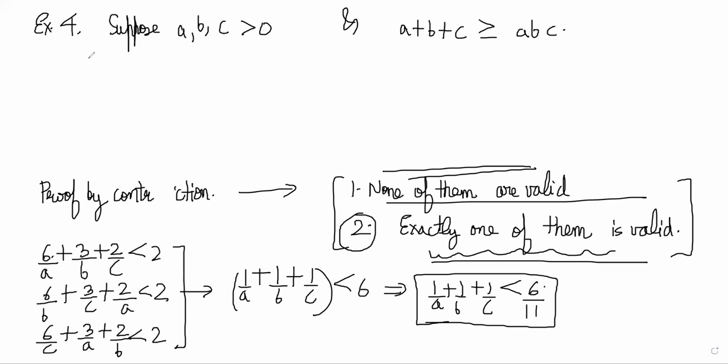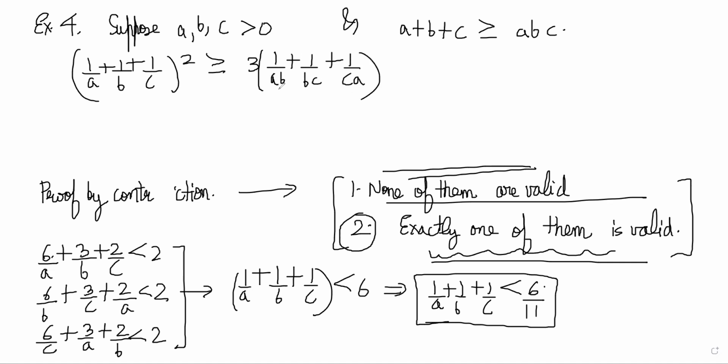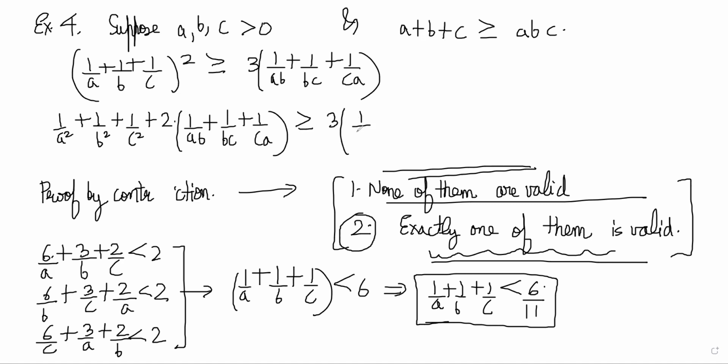We can say that (1/a + 1/b + 1/c) whole square will always be greater than 3 times (1/ab + 1/bc + 1/ca). Why is that so? Because when you do the square here, you'll get 1/a² + 1/b² + 1/c² + 2 times (1/ab + 1/bc + 1/ca). And greater than or equal to 3 times this basically means that you are saying